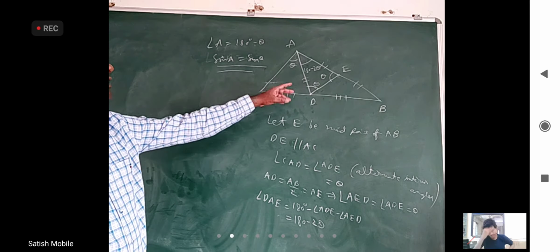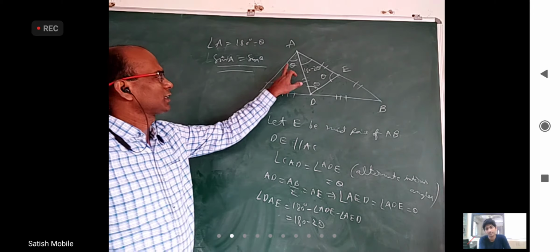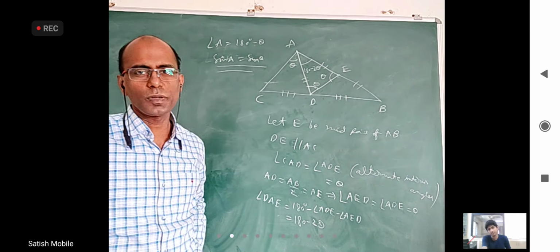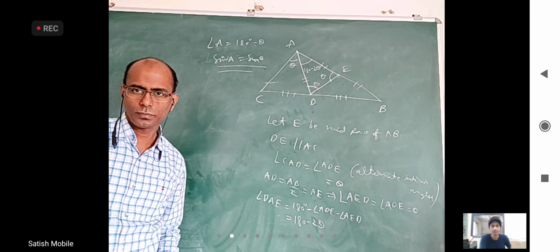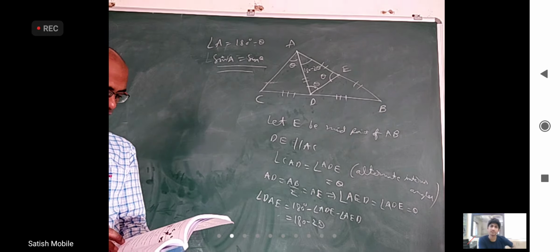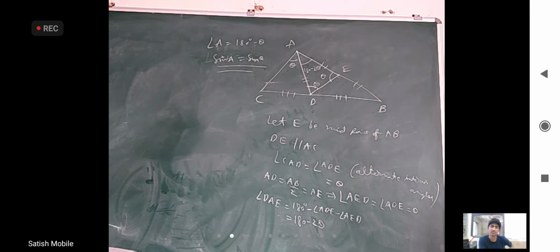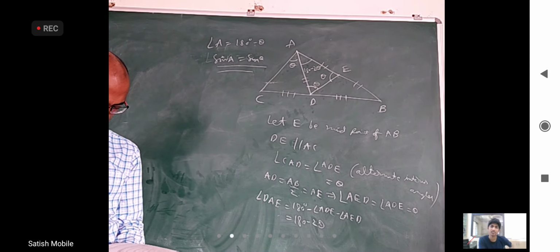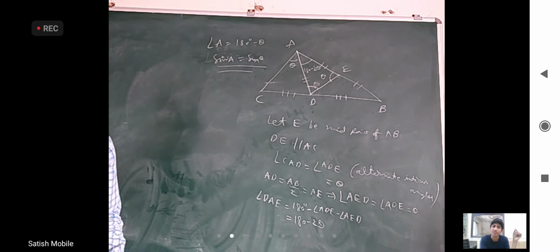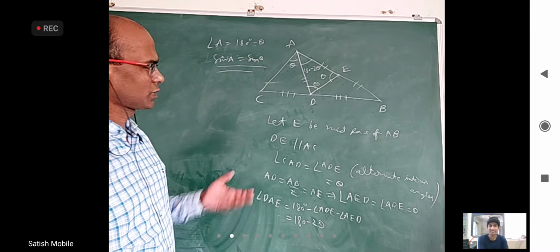Yesterday we even drew this figure, I just did not continue further in the evening class. And I was also telling that if you want this sine and the total sine to be equal, the sum of the angles should be 180. Okay, now we'll continue from 57. Yeah, D is also off of AC, yes. So we did not use it for this question, we may not need it.